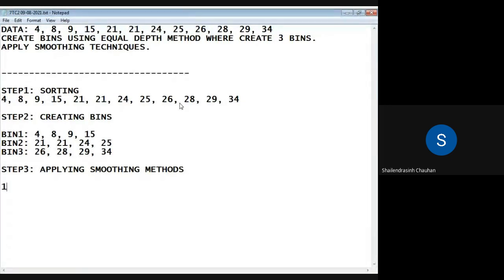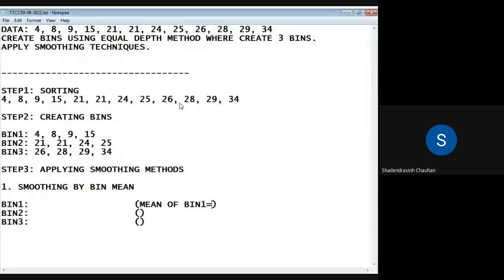Fine. So the first technique is smoothing by bin mean, that is average. We need to find out the mean, the average, of each bin.